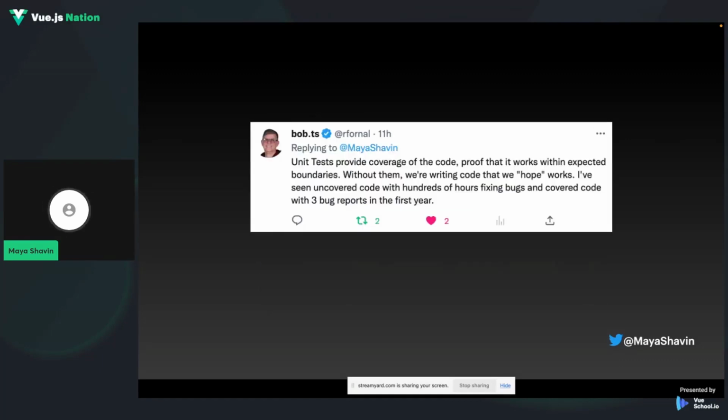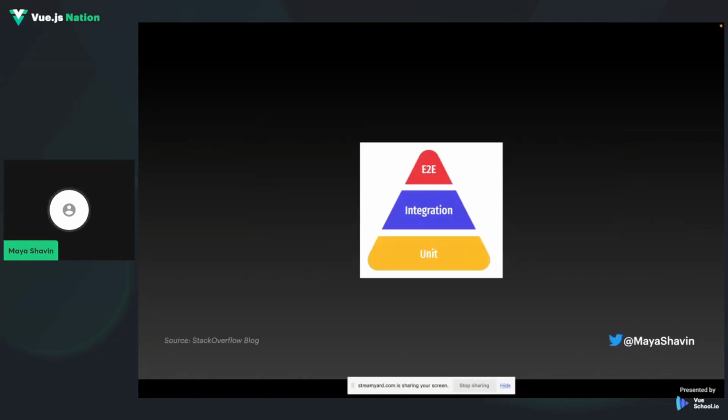Well, one person answered me with a very long explanation. I really appreciate it, and it's really good. It contained all the information on why you need to write unit tests and why you need to do testing in general. But it can be summed up in two words. It will give you code confidence. If you don't write tests for your code, you are kind of leaving it out there in the wild and hoping that it works. Well, in the majority of cases, it won't. So writing tests is the way that you actually check whether it works, and it gives you confidence.